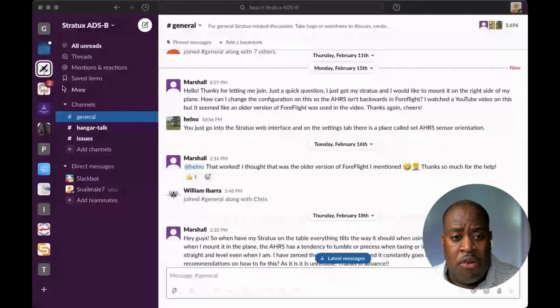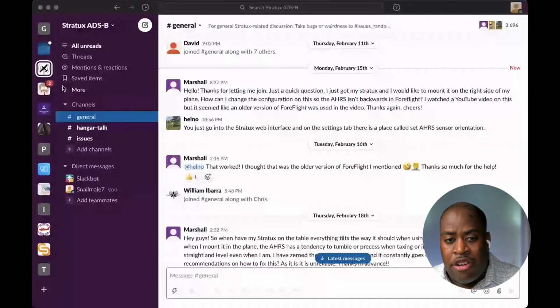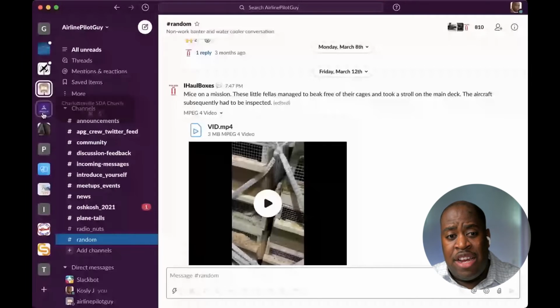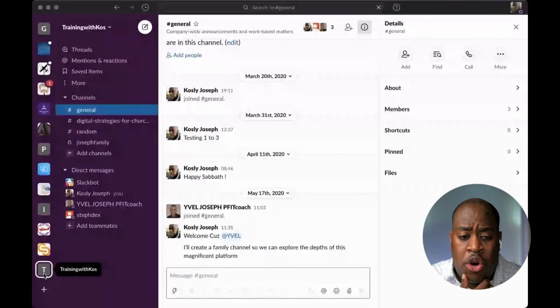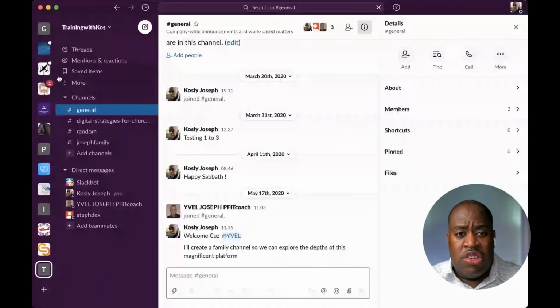So I've got that Slack going. I also have another aviation one. And then here are my two churches down here. So you have my Charlottesville SDA church, my Harrisonburg church, and then you have other organizations that I'm a part of. So Slack is not just for one church, but you can be in other organizations. Let me just give you a quick tour of their workspace. So as you can see, this is the